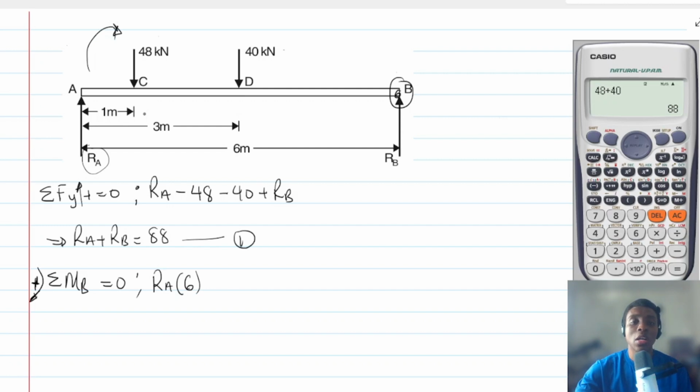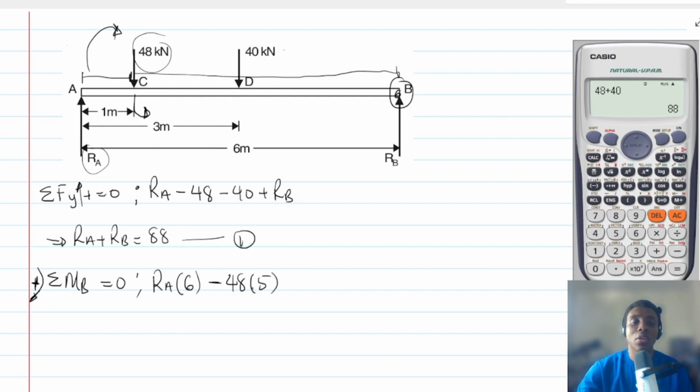And then I will multiply 48, which is this force, by its distance to B. The whole length is 6, but from the left support to the 48 is 1, so the distance from 48 to B will be 5. The 48 is causing a moment in the counterclockwise direction, so it's going to be minus 48